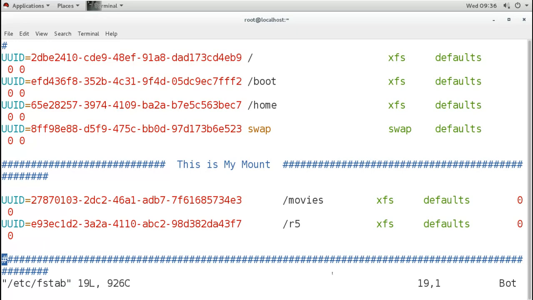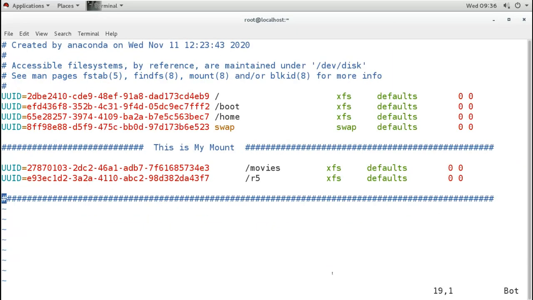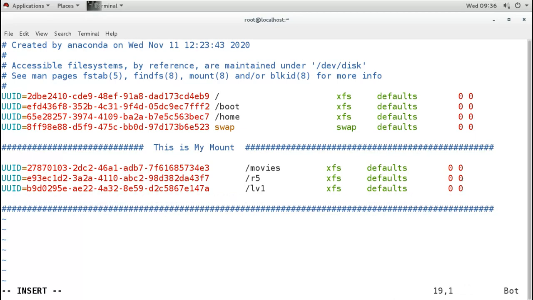I will add it like this. So it is going to be this UUID, and it is mounted on LV1. The file system is XFS, and the options are defaults, and done.